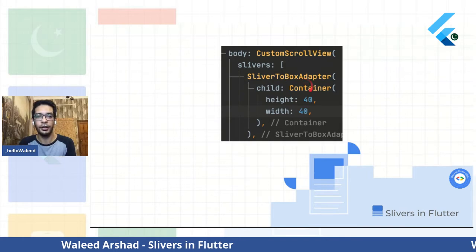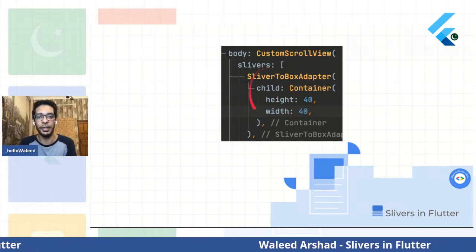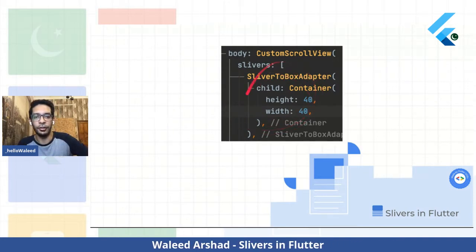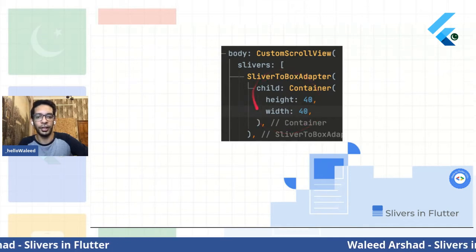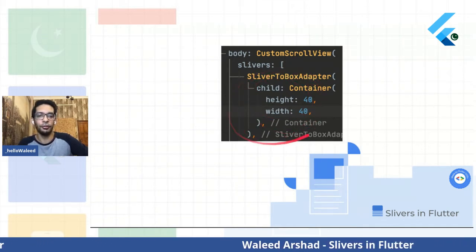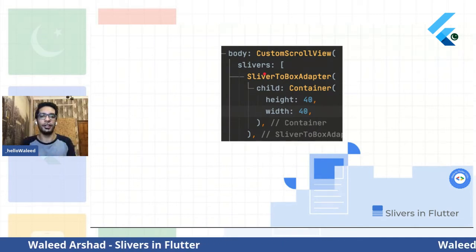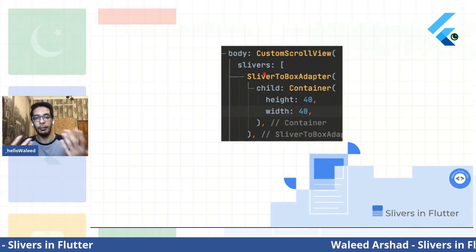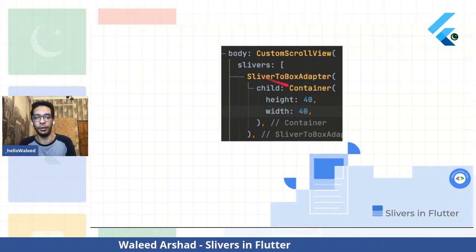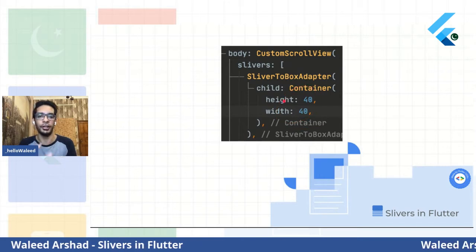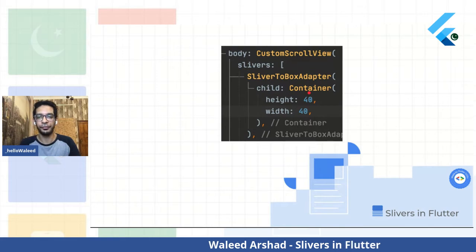So when you put this container into a SliverToBoxAdapter, CustomScrollView becomes happy, and it says, okay, fine, now you are eligible to be a part of my UI, to be a slice in my UI. So now you can populate it. So whenever you want to have a normal widget inside a CustomScrollView along with your dynamic lists and dynamic grids, you do this. You put it inside a SliverToBoxAdapter. Inside this, you can do anything. You can keep any widget you want, like a normal widget.